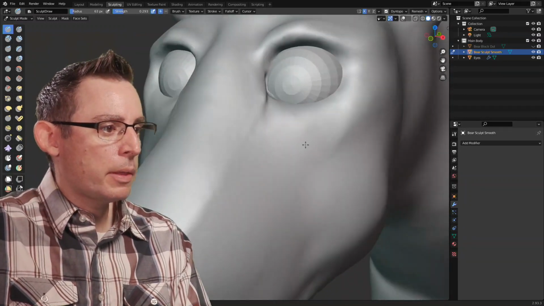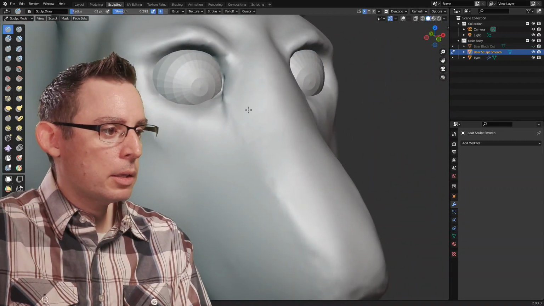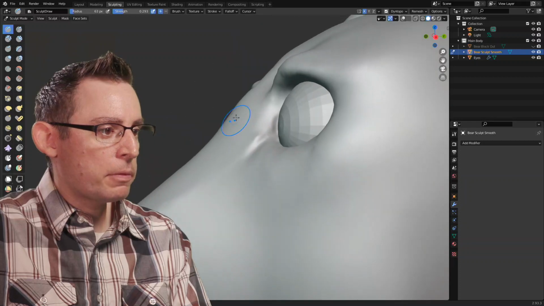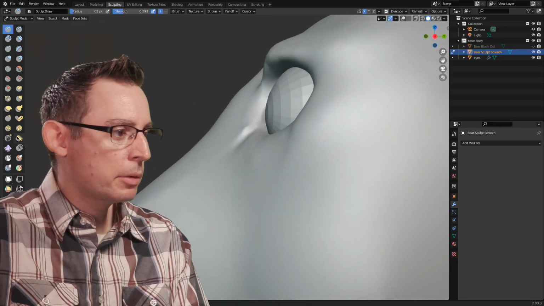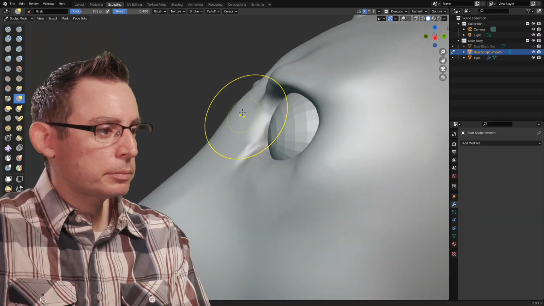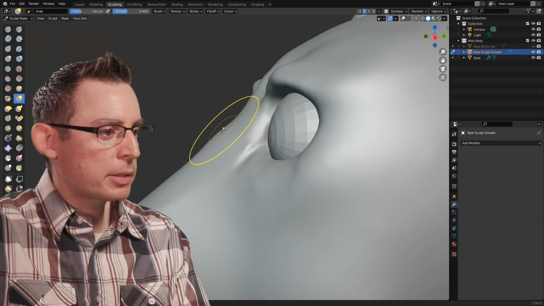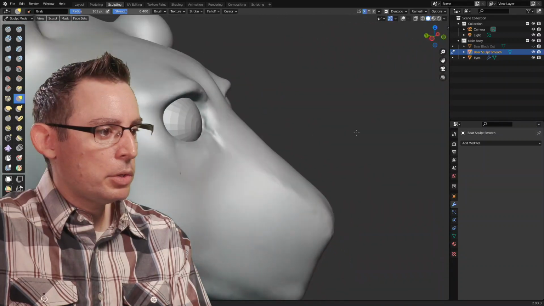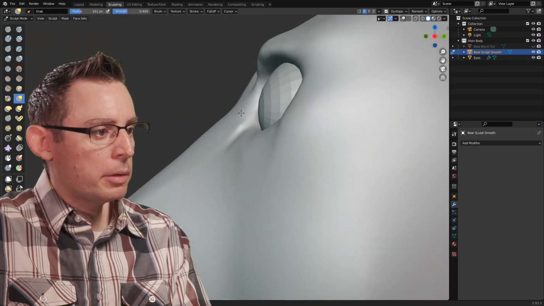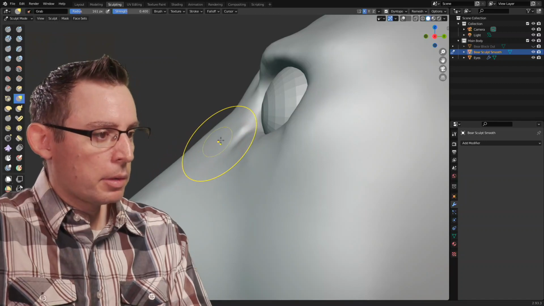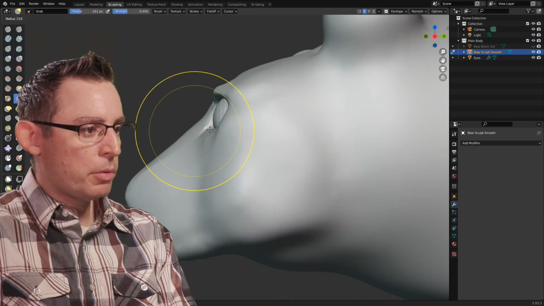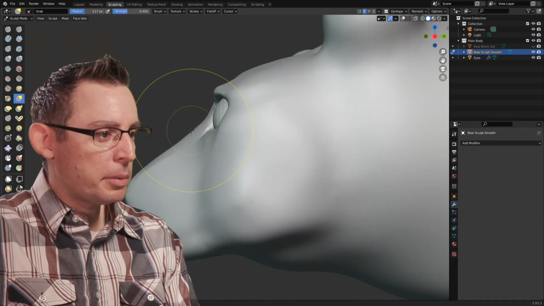And as I work on that, yeah, I'm already starting to see that maybe I've lost a little bit in here. Lost a little bit of the shape that I'm after. That's part of the sculpting process. I went a little too far. So I'm just going to feather it back a little bit. Push it back. Let's look at it from profile. Yeah, I'm liking that from profile. It's pretty cool. I think I might just bring it in just a little bit.